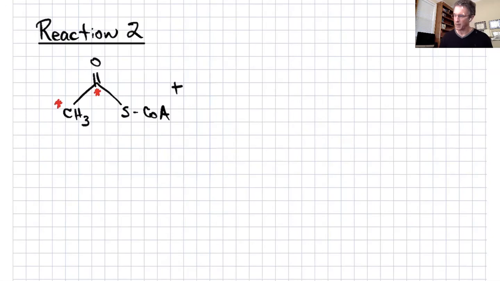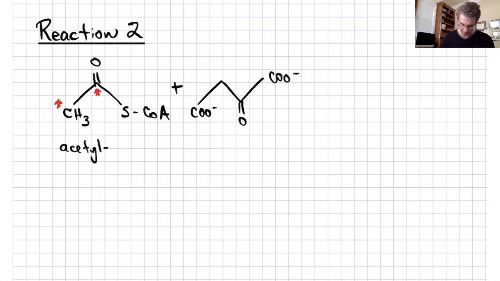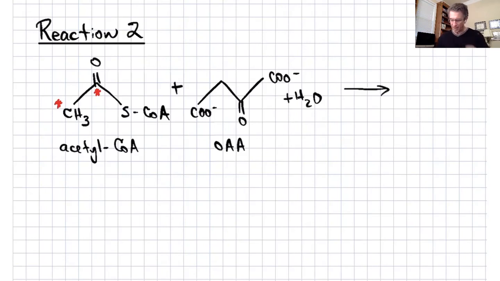All right, like I said, now we're going to condense this guy with this 4-carbon dicarboxylic acid, oxaloacetate. So if this is acetyl-CoA, and this is oxaloacetate, and we're going to need a little water for this reaction to go, we're going to create this 6-carbon tricarboxylic acid, citrate. OH, COO minus,